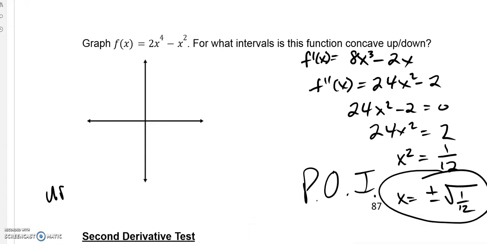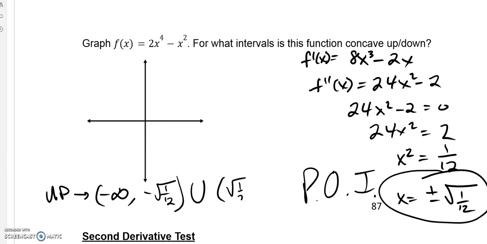So it would be concave up from negative infinity up to that point, negative square root of 112, and from square root of 112, oops, that's a 12, to infinity. And then it's going to be concave down between those. So from negative square root of 112 to positive square root of 112 is where it's going to be concave